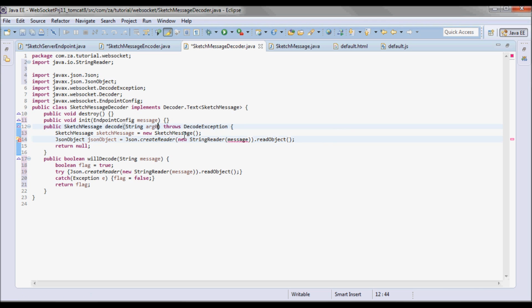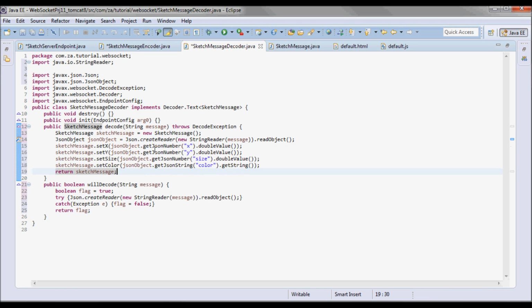And I actually changed the wrong message. And I'll go ahead and set the X and Y coordinates and the size and the color for that sketch message instance before returning it.